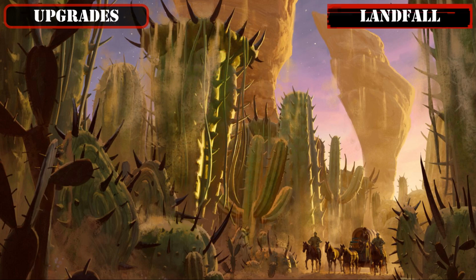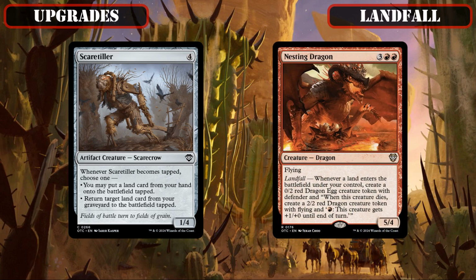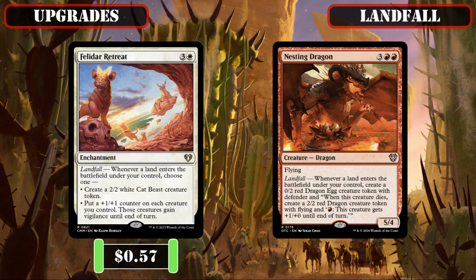And speaking of landfall triggers, we'll be refining our selection of them as well to help generate more board presence and value as we constantly play, recur, and reanimate our land base. The former camp seeing us cut Scare Tiller, which we can't reliably tap down to get continual usage out of its extra land drop and land reanimation, and a Nesting Dragon, whose landfall token creation is nice in theory, but whose tokens require too much setup to come online to be effective, so we can add in Felidar Retreat and